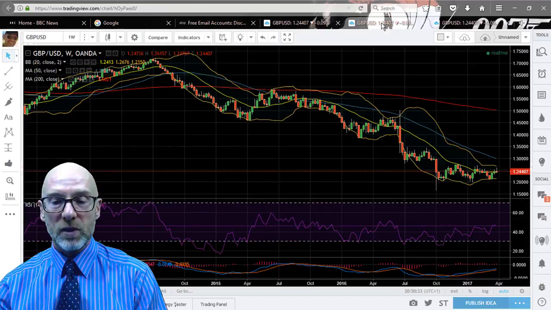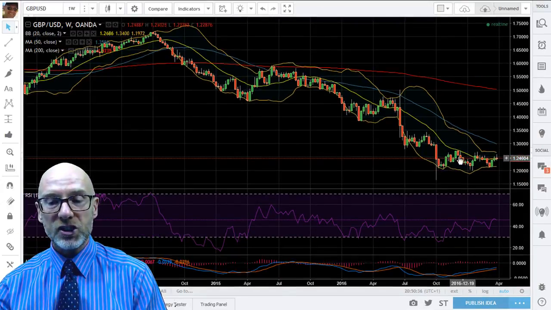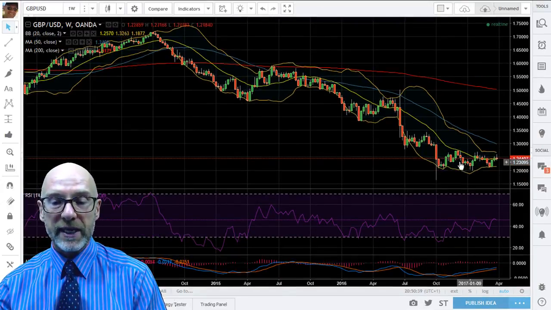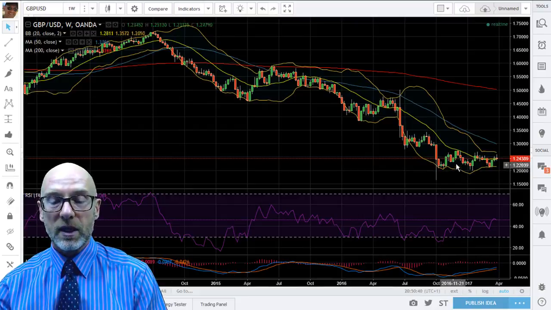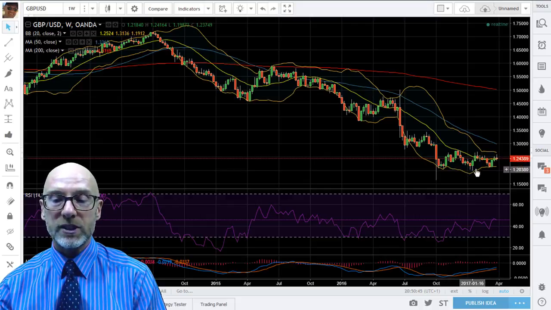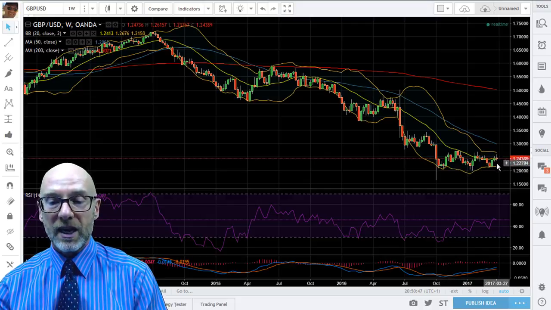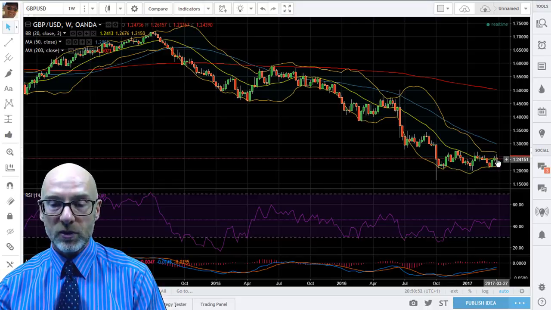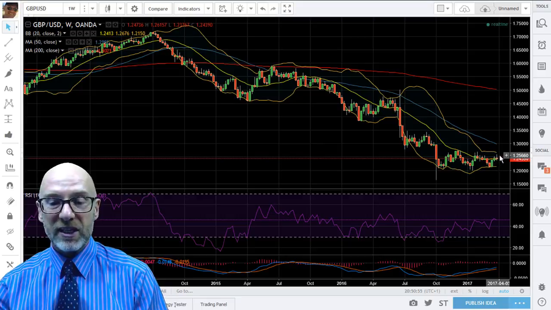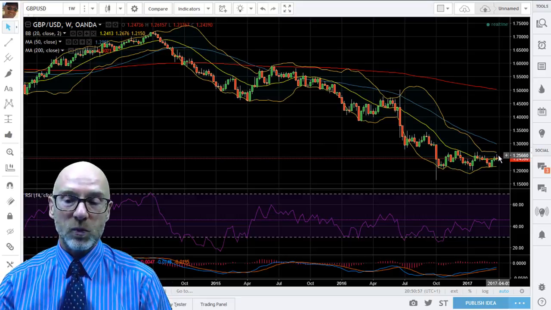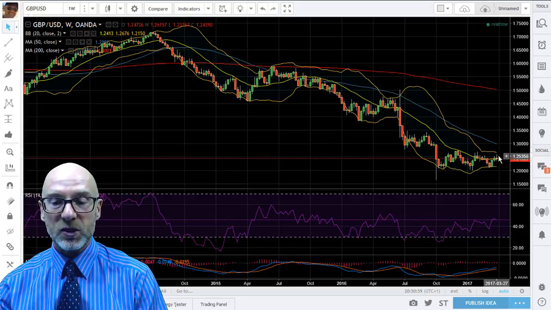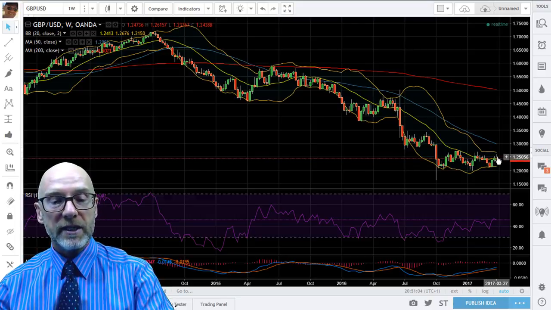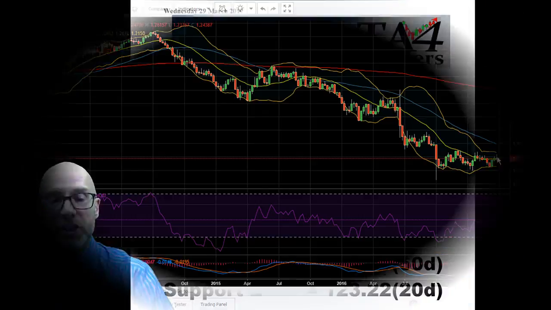On the longer term picture, you can see this range that we've been in since October, with the highs around the 127 and the lows in the 121, 120 area. And you can see that we're actually trading on the 20-week moving average. If that can give the support like the 50-day can on the daily, you could see a move to the upside. Looking at the daily support and resistance levels,